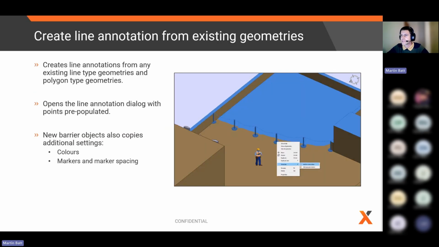Moving on to our next feature, which is create line annotation from existing geometries. So this allows you to create line annotations from line geometries as well as polygon type geometries. For example, this new barrier feature is one of the line type geometries that can be selected for this feature. And what it will do is automatically create the line annotation with the same corner points as the geometry